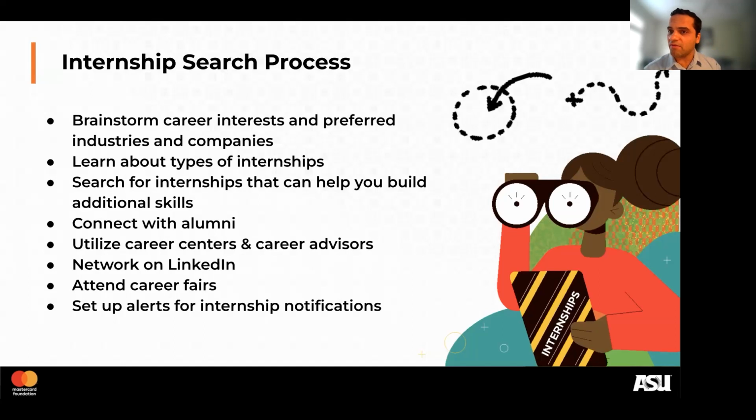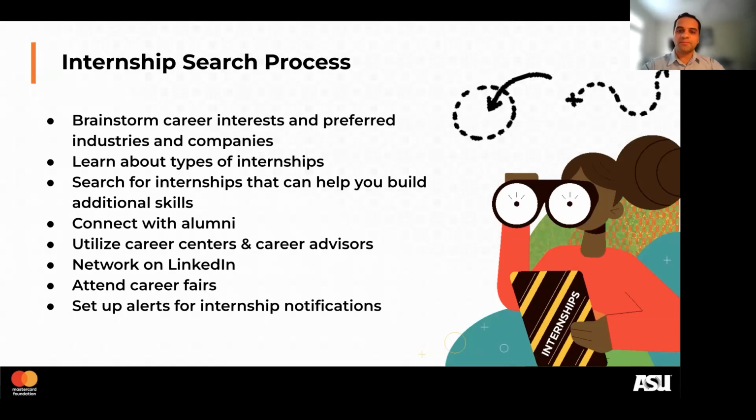But if you do have the ability, I recommend that you attend those, because you never know who you're going to encounter, and seeing people face to face. Because part of getting opportunities is also people seeing you, how you conduct yourself, and then appreciating you as a person who would fit well with a position or with a company. So being present, whether on LinkedIn or going to fairs, can really be important. Set up alerts on internship notifications. This is a very clear and easy one.